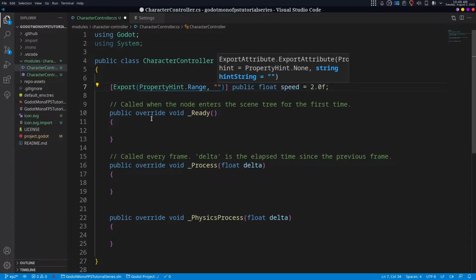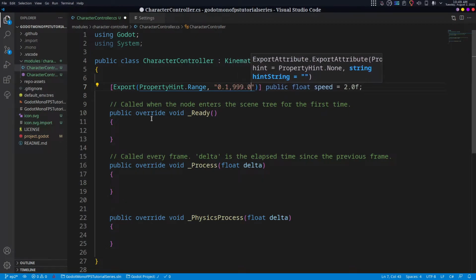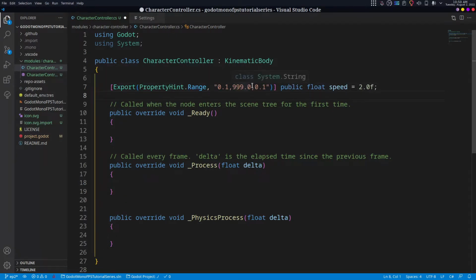So I'm going to say I want 0.1 as the minimum, comma, give it 999.0, comma, and then I'll use a 0.1 step size, just to make things easy. The step size is optional, but it can help depending on how granular of control you want to give for